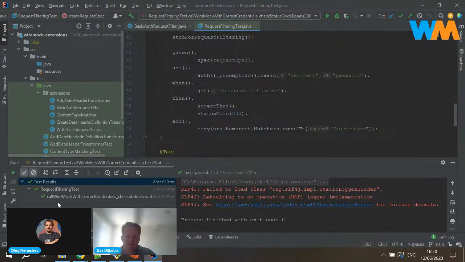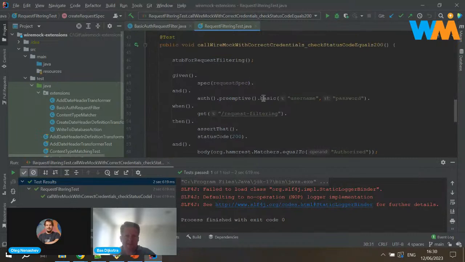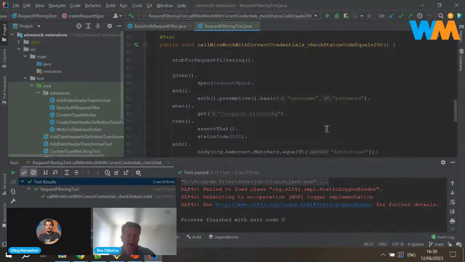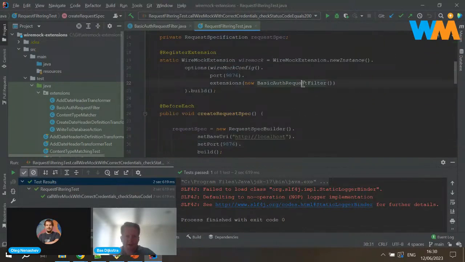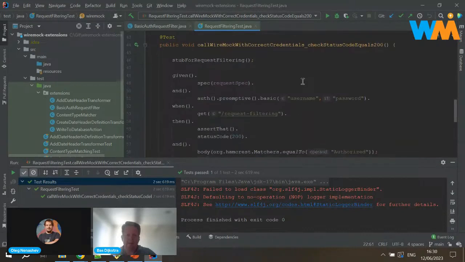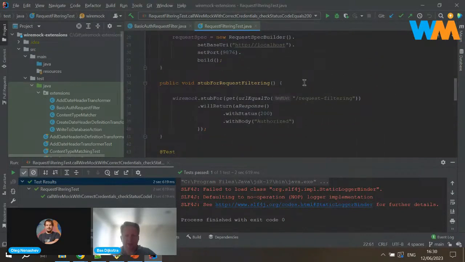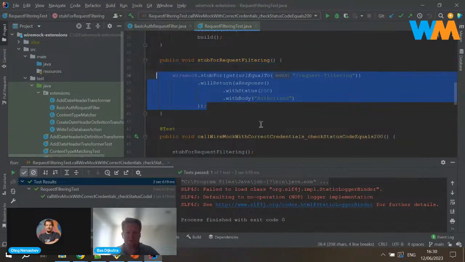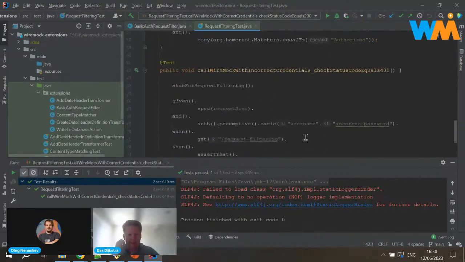My test passes, which means that the request that I'm sending here goes to WireMock, passes through the basic authentication request filter, and WireMock actually looks at its collection of stub mappings, which is only one right now, and responds by means of this response definition.